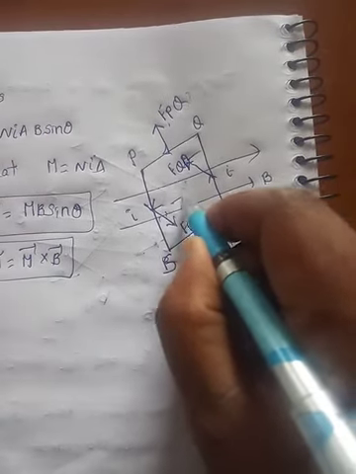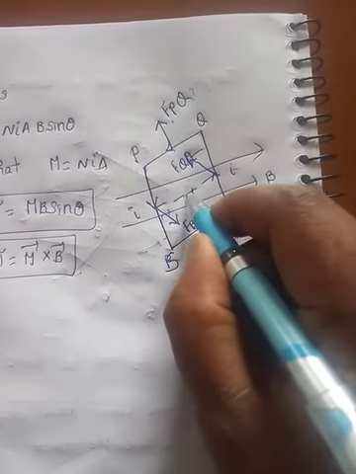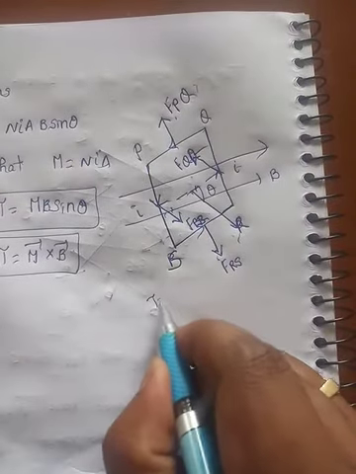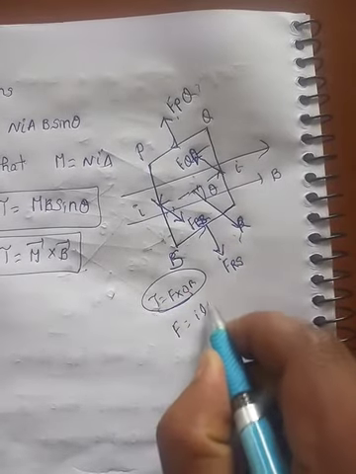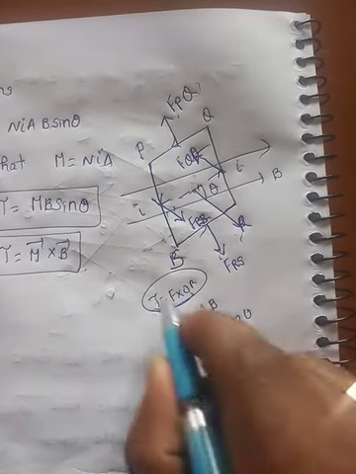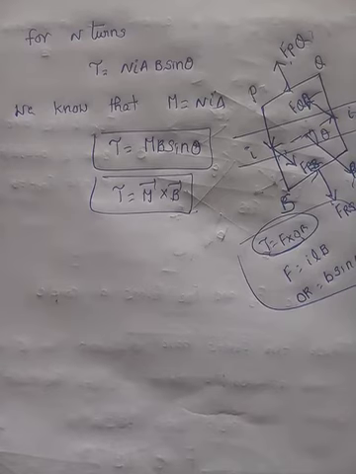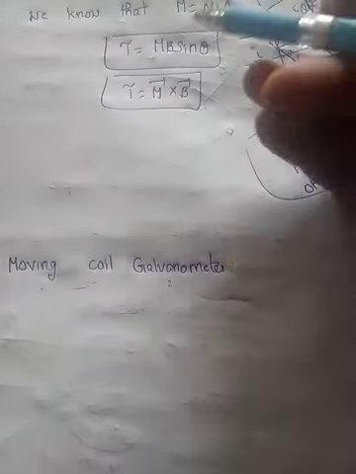So let us take that this is making an angle theta. What is the torque? Torque tau is equal to force into perpendicular distance. Force on a conductor is ILB. Perpendicular distance OR is equal to b sin theta. Substituting this, we get tau is equal to what? mB sin theta. So the torque acting on a current carrying loop in a uniform magnetic field is mB sin theta.